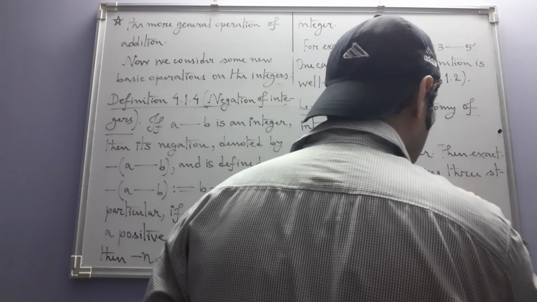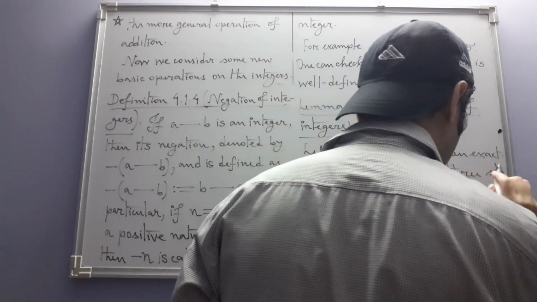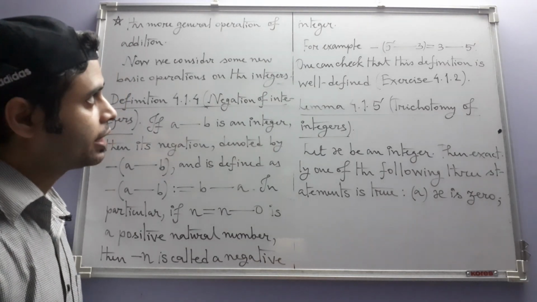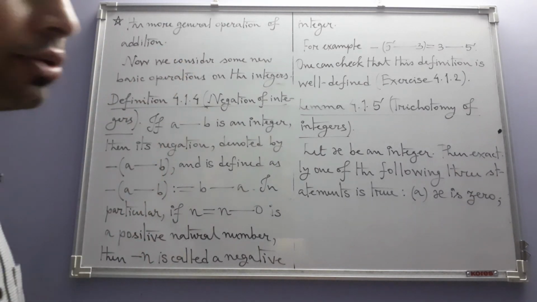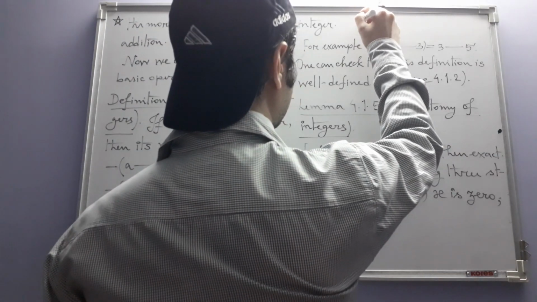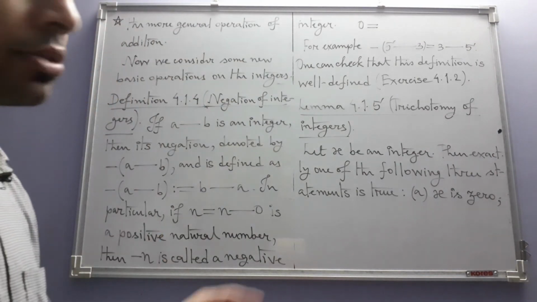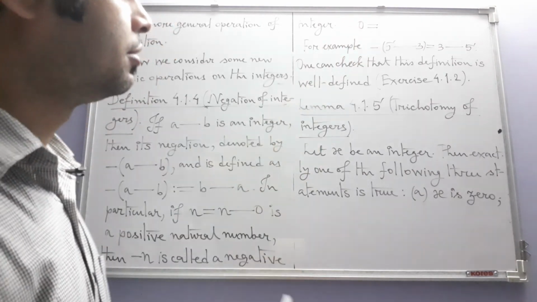Statement A, x is 0. Oh, we did not say what is 0, did we? We should have done it before. 0 is the integer that corresponds to the natural number 0, because in the set of natural numbers we have 0. So 0 according